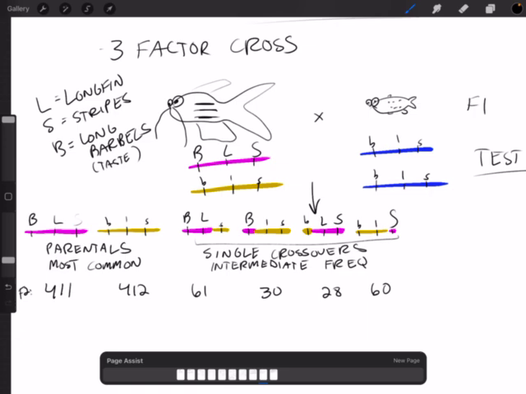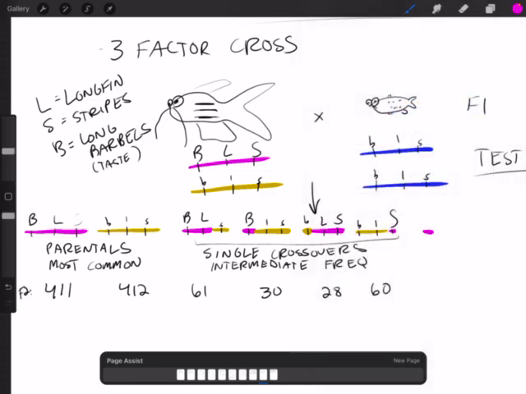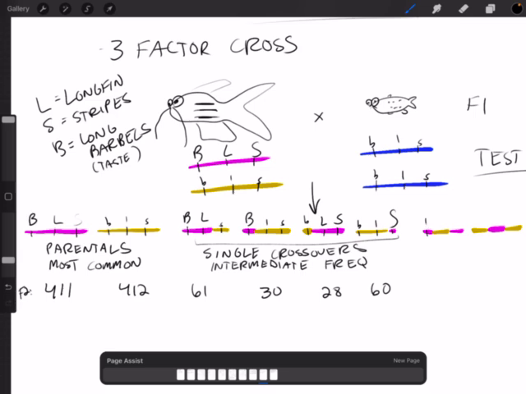Then finally, we have our double recombinants, and if you recall from when we drew it out earlier, the double recombinant usually looks like a banding pattern, so that we would have a mixture. You'd either have yellow in the middle or red in the middle, giving you these alleles: a dominant B, a recessive L, and a dominant S on one chromosome, or a recessive B, a dominant L, and a recessive S. These are our double crossovers,